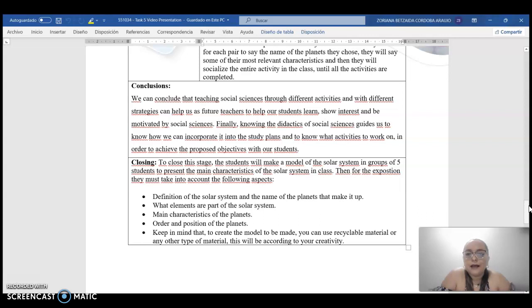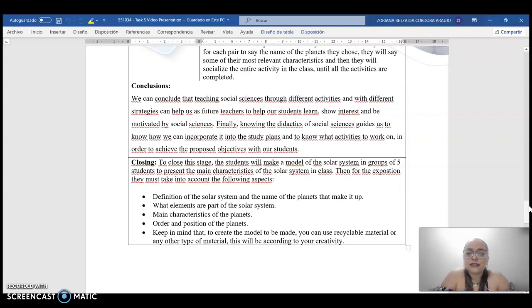Okay, let's continue with the closing stage. To close this stage, the students will make a model of the solar system. It can be in groups of 5 students to present the main characteristics of the solar system in class. Then, for the exposition, they must take into account the following aspects. For example,